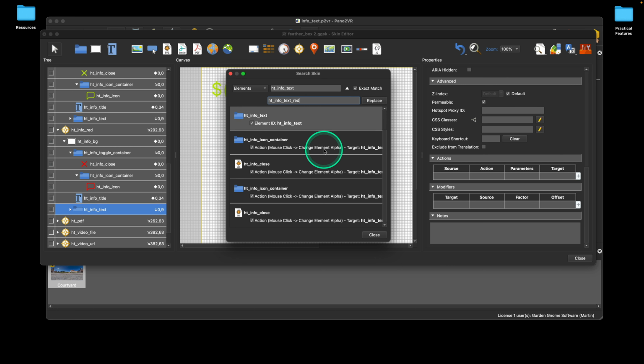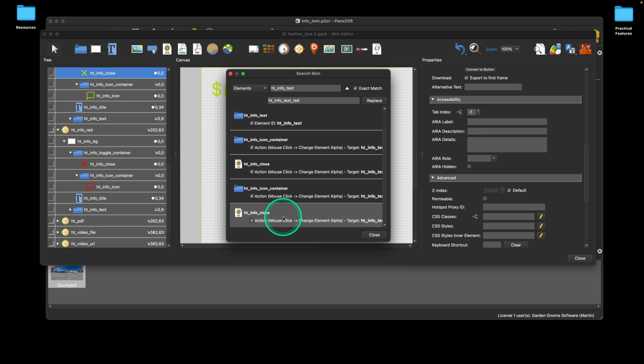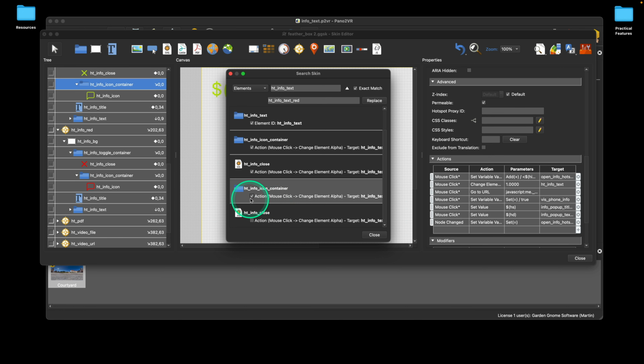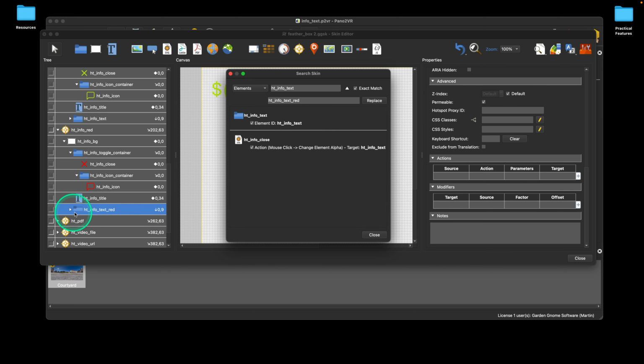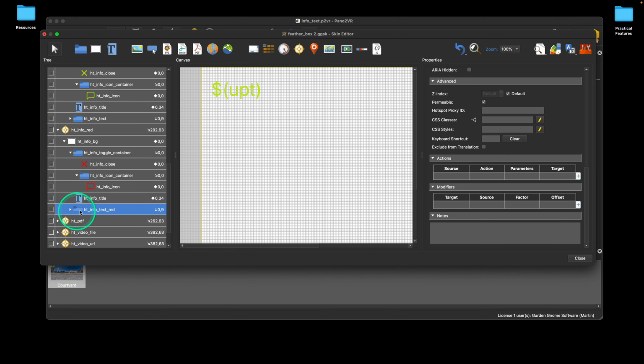Hang on, I've reselected them all again, haven't I? Right, okay, let's quickly do that again. So, don't want to do that one. Don't want to do that one. I want to add that. Want to add that. Don't want to add that. Want to add that. Underscore red, replace. Boom. I've now replaced all of that,